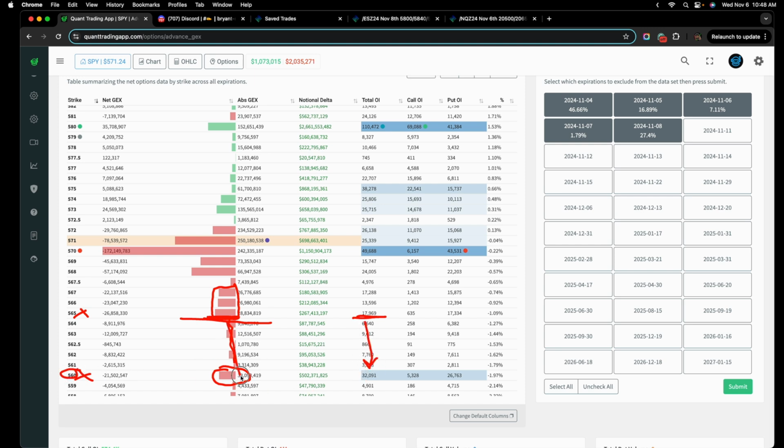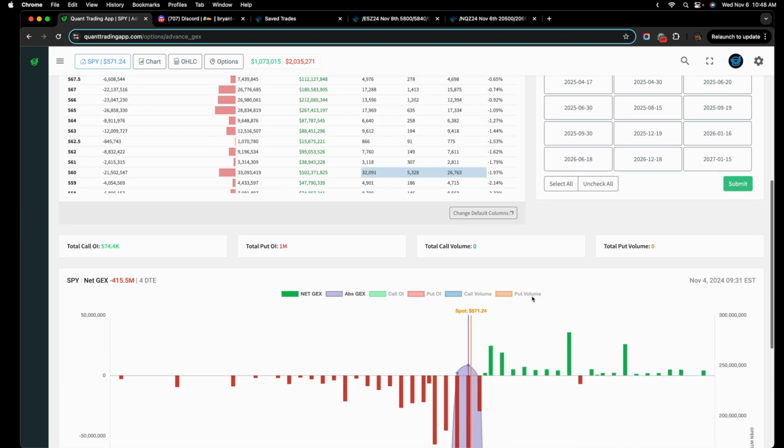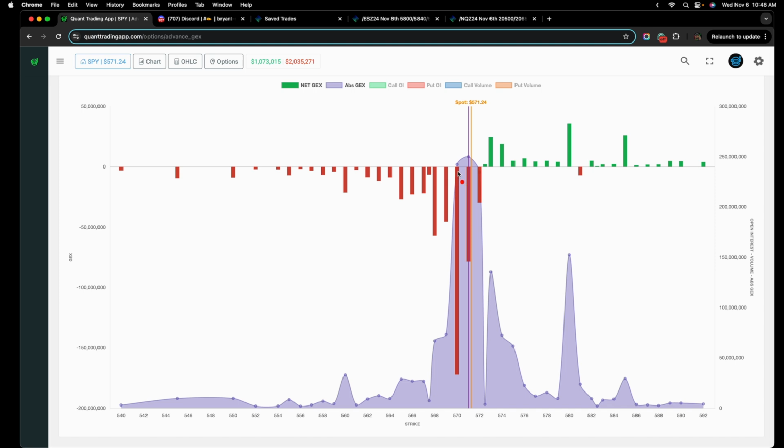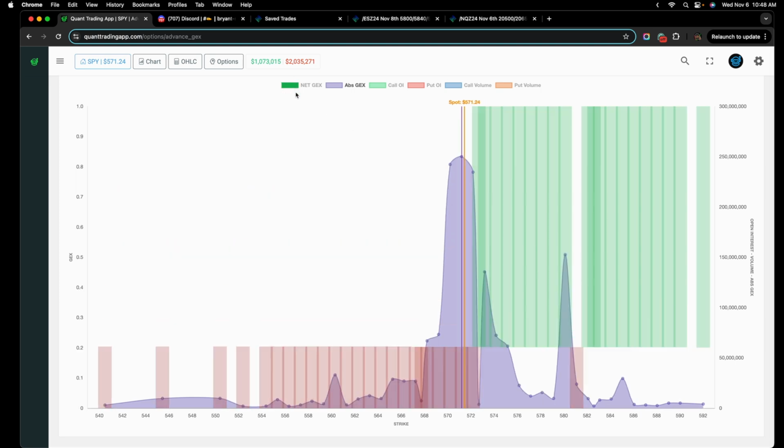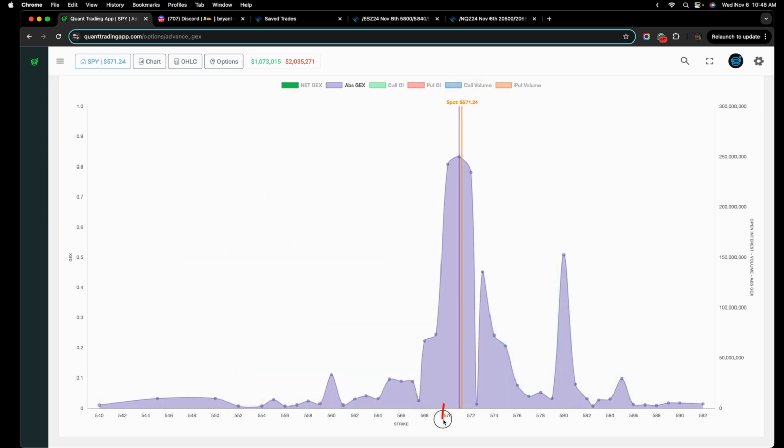So I wasn't really looking this far down. This would have been about a 2% drop in the markets. I wasn't looking down here because the other dimension we have is the absolute gamma. So we can see that around this zone here, if we turn off the net GEX, from 570 all the way up until 572, these are the strike prices that have a high amount of absolute gamma. So I interpret this entire zone as a choppy area,